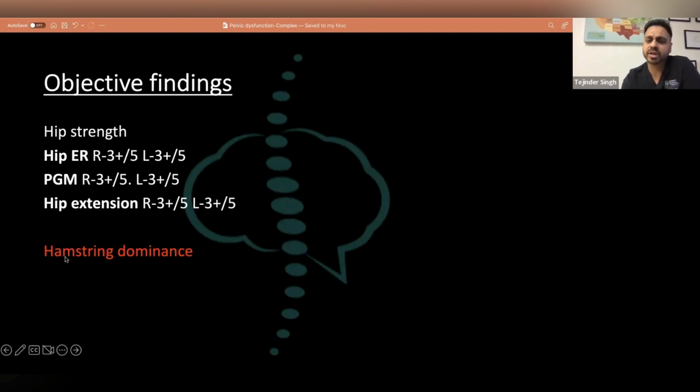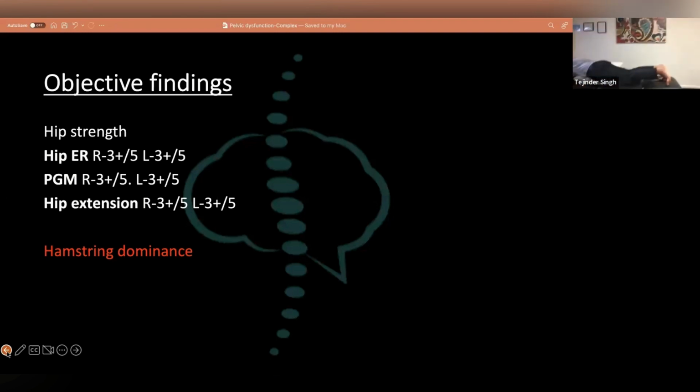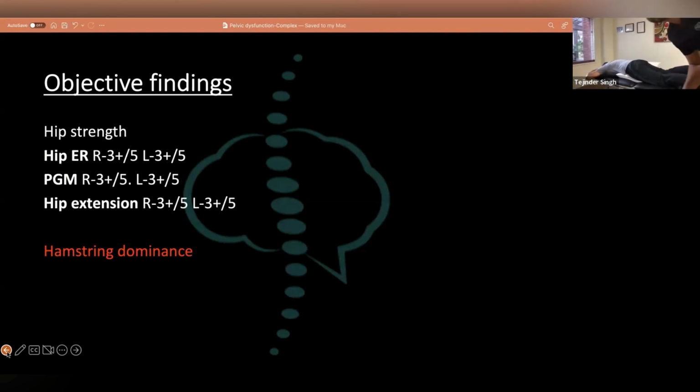I'm just going to quickly demonstrate hamstring dominance, because his hip extension was also reduced. Okay. Try laying this down. Yep. Yeah, so